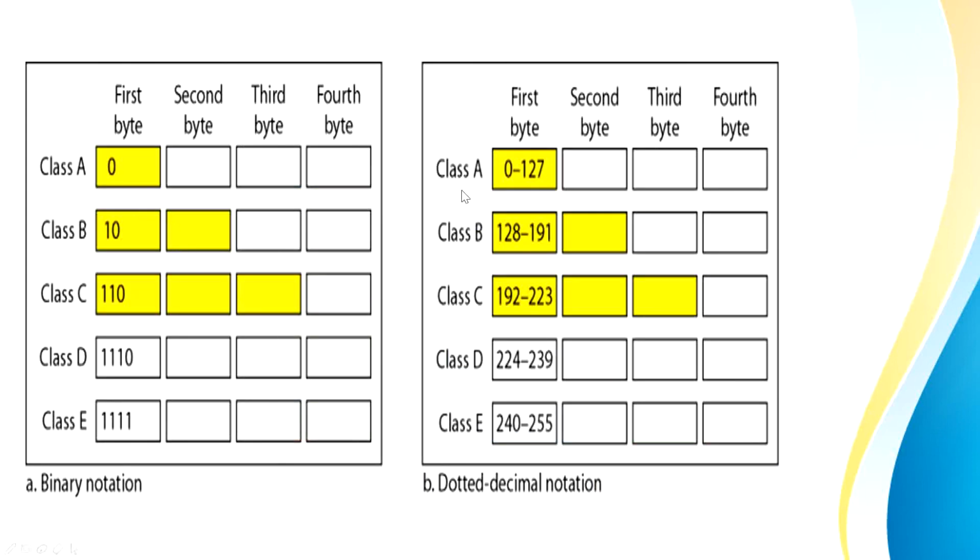If I want to convert my IP address from decimal to binary, and if I want to find the binary notation for each class, then for class A, the first byte must begin from 0. अगर first byte 0 से start होता है मतलब आपका IP address class A का belong करता है. अगर first byte 10 है तो it belongs to class B. अगर first byte 110 है तो it belongs to class C. In this way we can identify to which class our IP address belongs in binary form as well as in dotted decimal form.